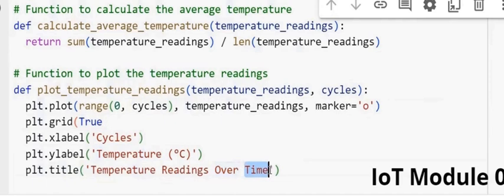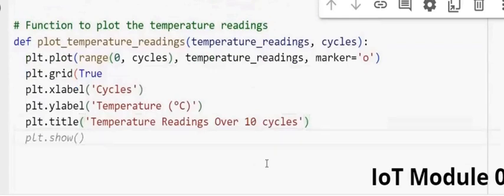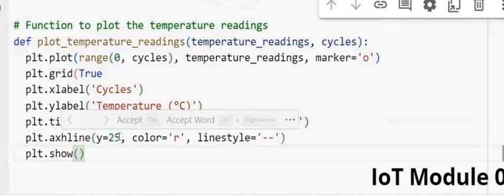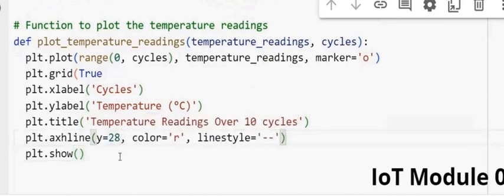Over 10 cycles, you can mention them. Over 10 cycles. Okay. And then we can use plt dot axhline, like this. Let me accept this one, whereby we mark where the anomalies are, especially 28 degrees Celsius, where we turn our